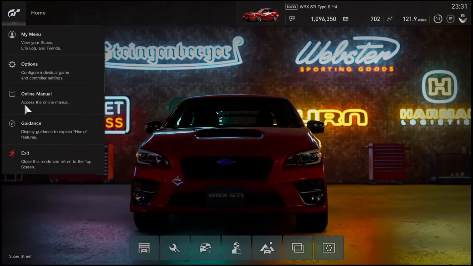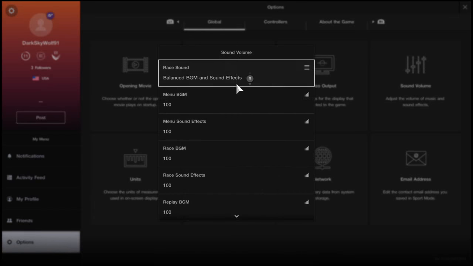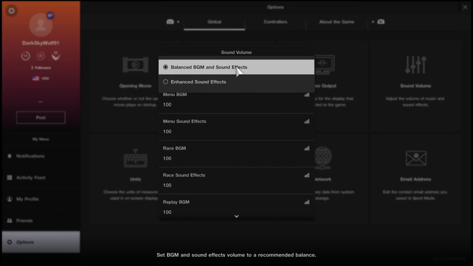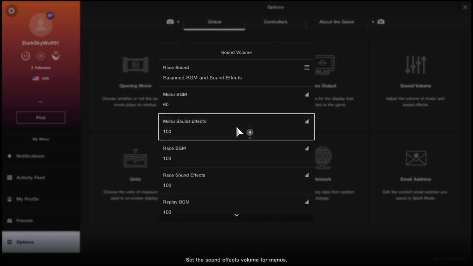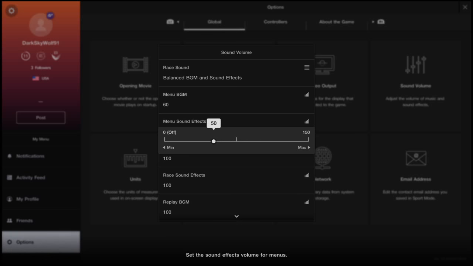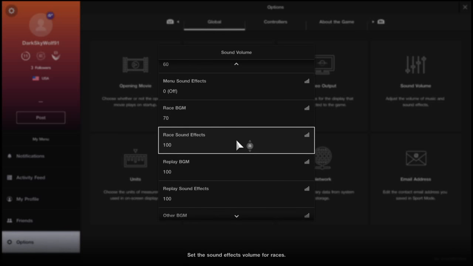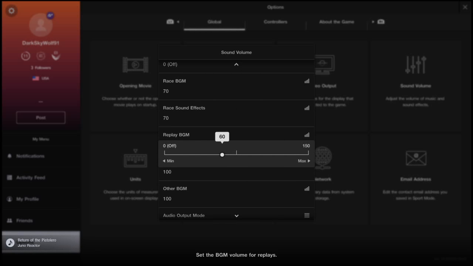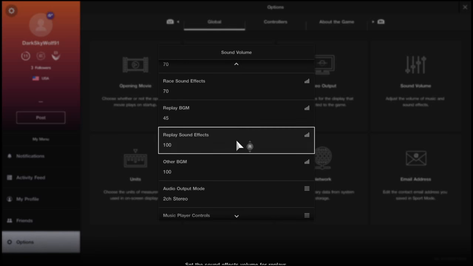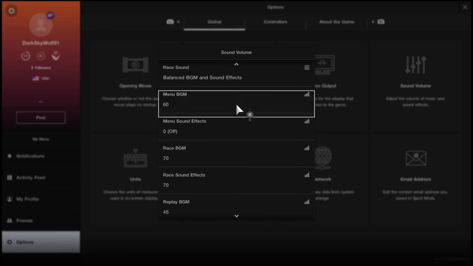Like, this is crazy. Hold on, let me adjust some settings real quick. Sounds a little high. Alright, let's bump that down to 60. There we go. Menu sound effects, we're gonna actually turn those off. The race, we'll bump down to 70. Race sound effects, 70 as well. Replay, background music, we'll bump that down to 45. Play sound effects, that's okay. Most of these other things I don't really know, but